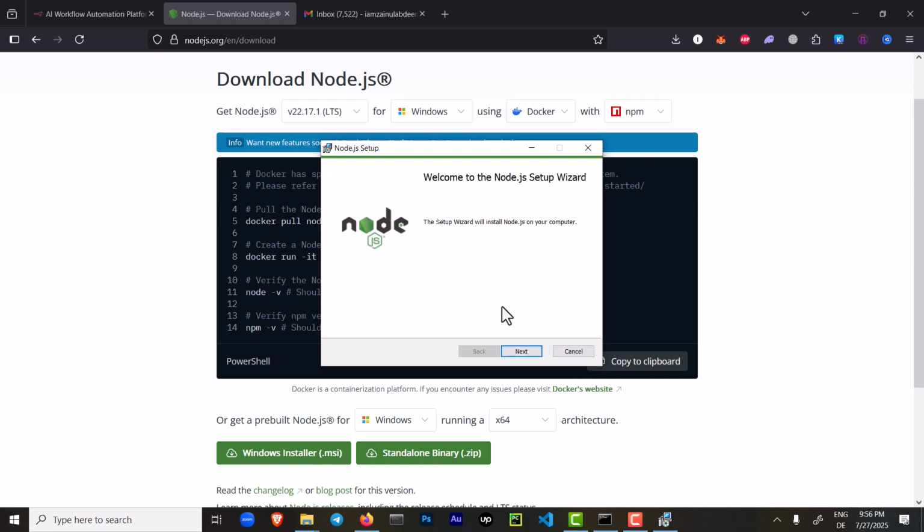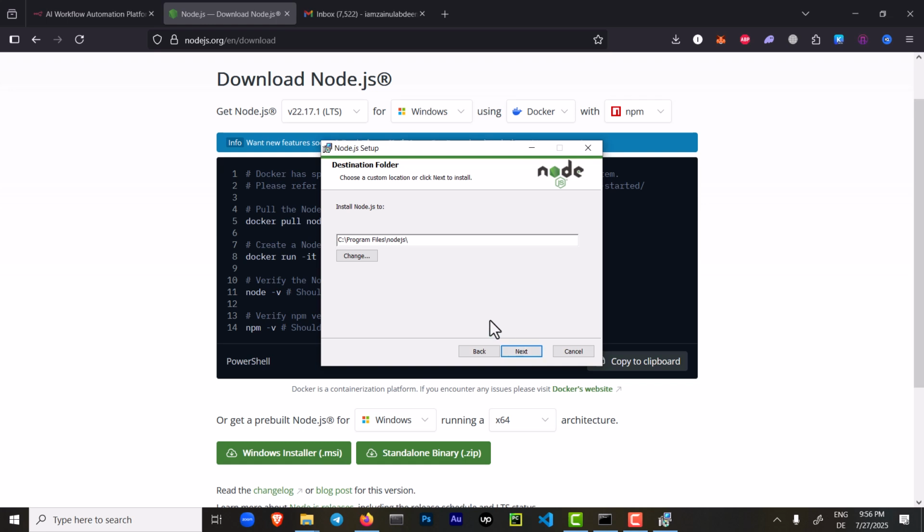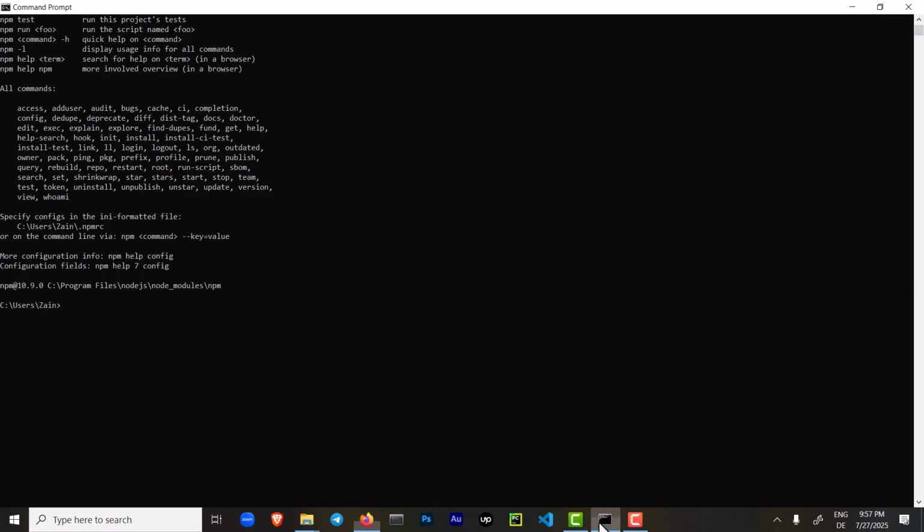Once it's downloaded, just click next and enter your location where you want to install it, and Node.js will be installed. You don't have to do any extra steps. All you have to do is just click next and install it. That's it. Once this is installed, if you are on Windows, just go to command prompt and open your command prompt and type this command: npm install